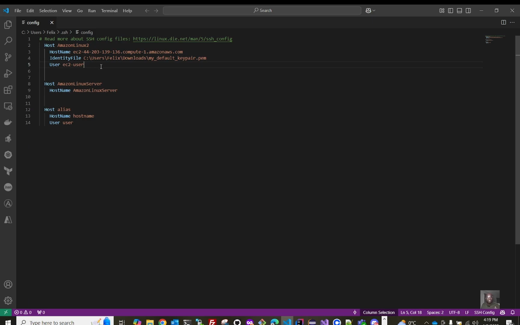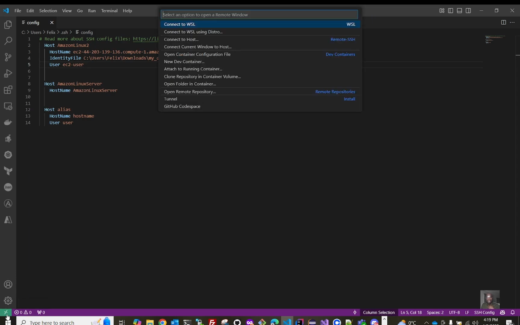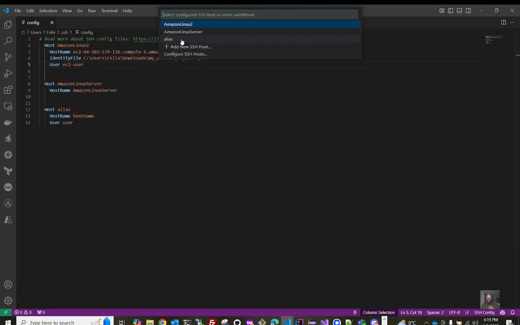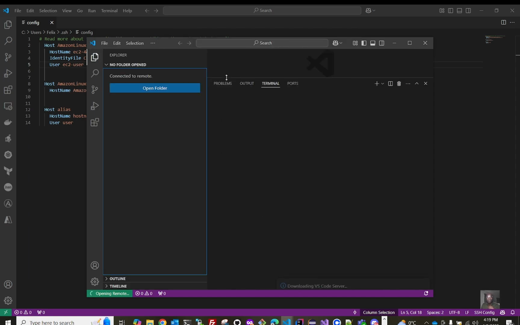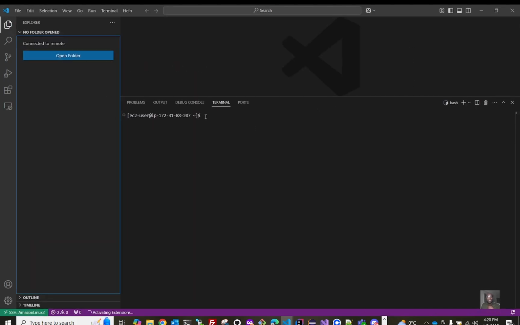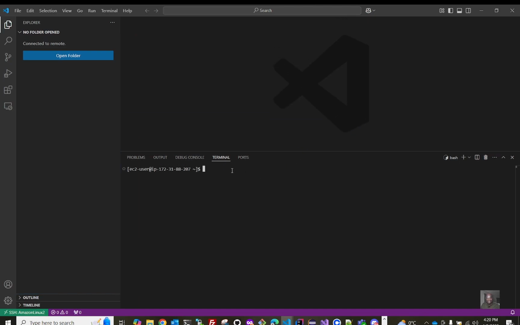So now that you have all this completed, all you now need to do is to go back to the terminal, click on the terminal, click on connect to host. Then the name of your machine is what? Amazon Linux 2. You click on it, and it's going to attempt to connect. It's asking you to select Linux, and boom, here you are. Now you are connected to your EC2 machine, and then you can do